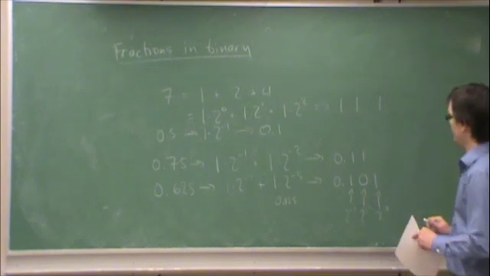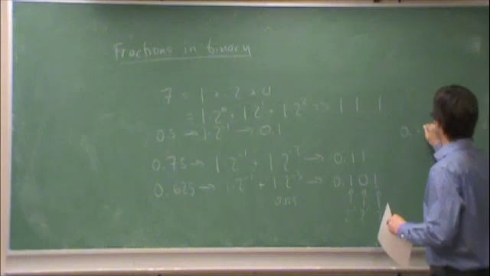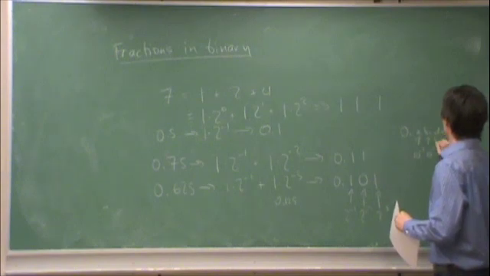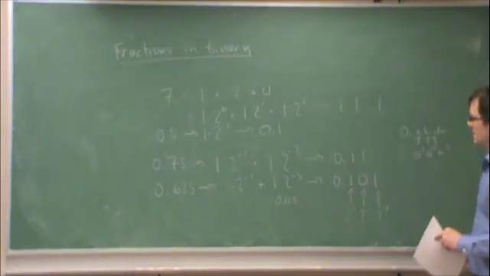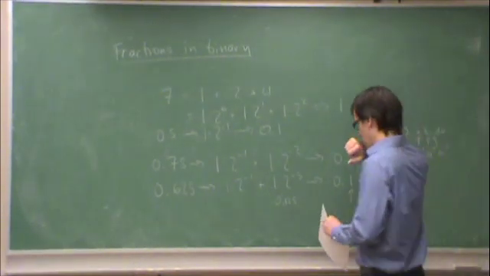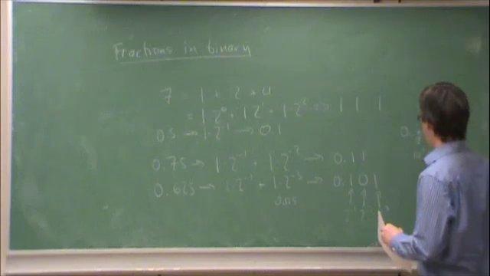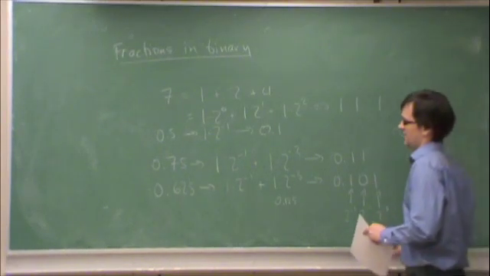And so on. In the same way that in decimal, 0.ABCDE, this is the 10 to the minus 1 place, this is the 10 to the minus 2 place, 10 to the minus 3 place, and so on. So it's exactly analogous. Okay. So what we're going to do is we're going to say the notation